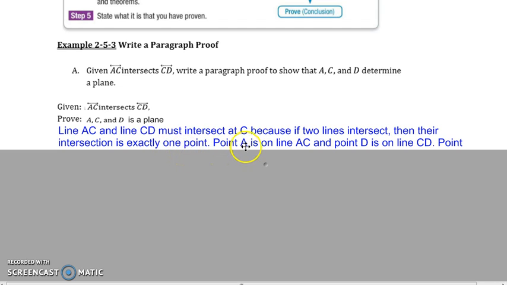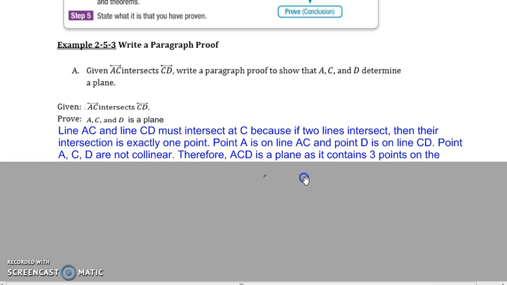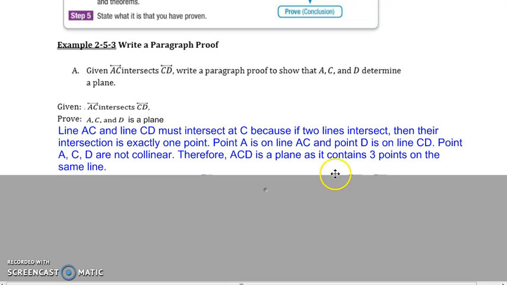Then we can talk about point A lying on AC and point D lying on CD. So those are 2 points that are not collinear. So points A, C, and D are not collinear, because we know that A is on this line and D is on this line. So therefore, A, C, and D determine a plane because it has 3 points